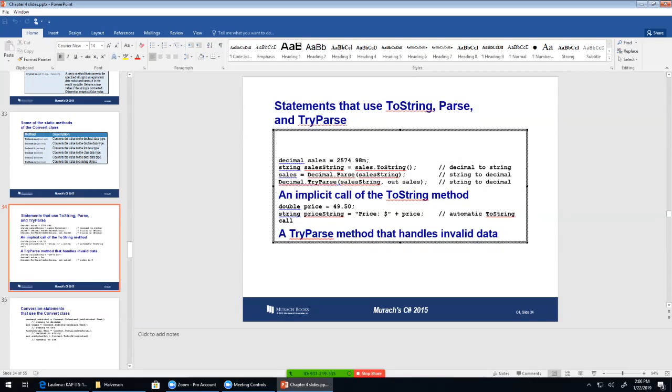This is an example of an implicit call to the ToString method, and it's this automatic implicit conversion where you've got a variable here called price, and it's a double type variable. You can store numbers with decimal points into a double type variable, and you can store numbers with a decimal point into a decimal type variable. And we learned last time quite exhaustively with assignments 3, 4, 5, and 6 of last semester,